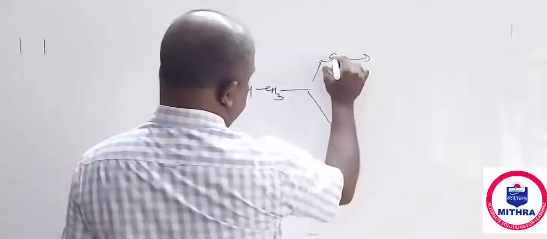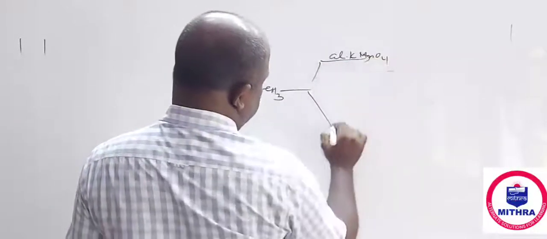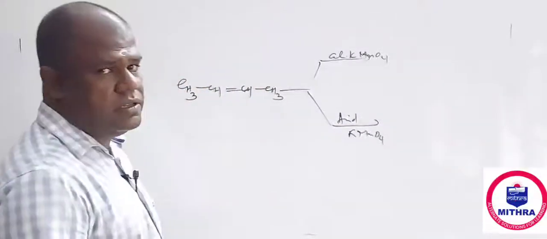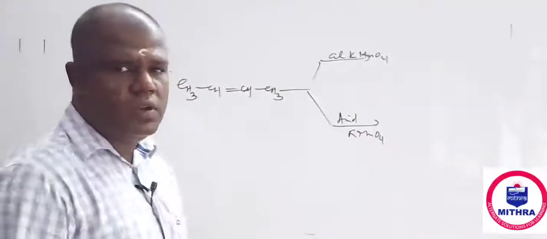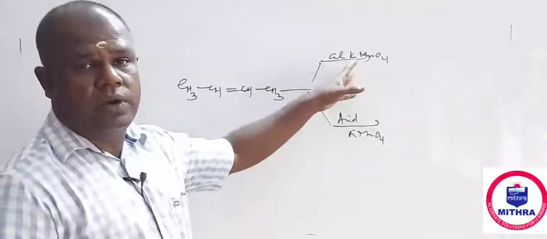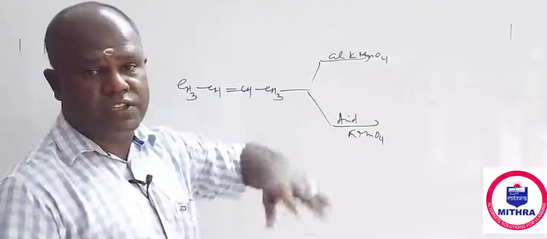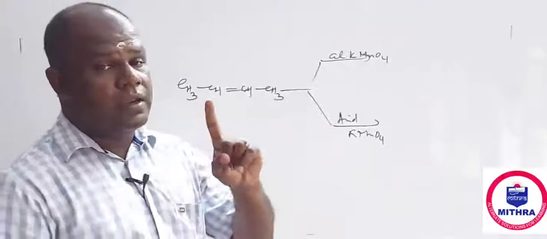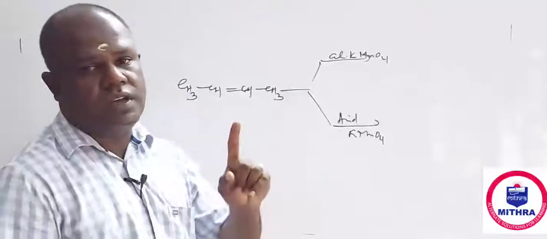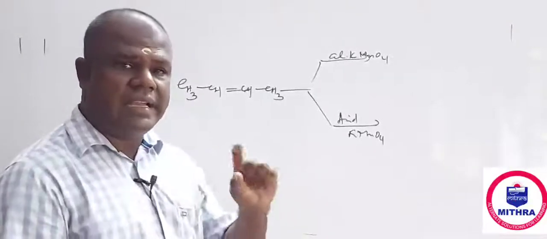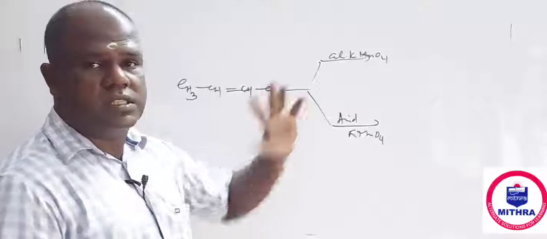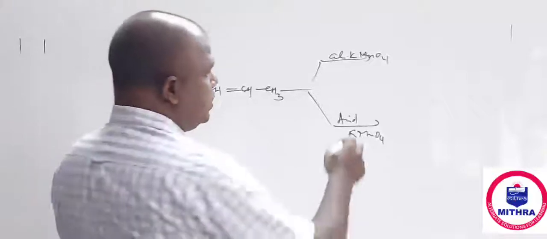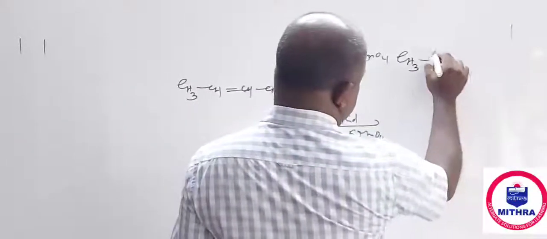I am giving two reactions, one with cold dilute alkaline KMnO4 and one with acid KMnO4. We can distinguish these two by their action. This is a mild oxidizing agent and this is powerful. Cold dilute alkaline KMnO4, common name is called Baeyer's reagent. Baeyer's test also you know. This reagent helps the hydroxylation. Oxidation is happening, but oxygen is adding in the form of OH group. This pi bond is broken down, so two valencies are created, and those valencies are joined with OH group. So here the product formed is CH3, CHOH,